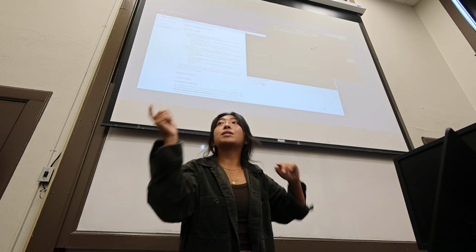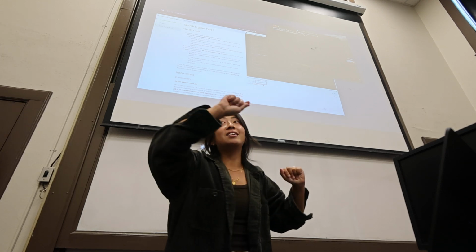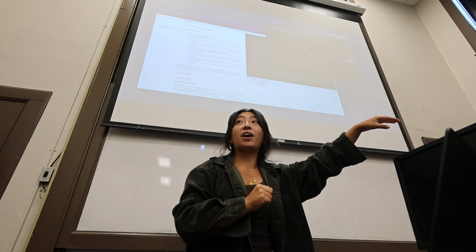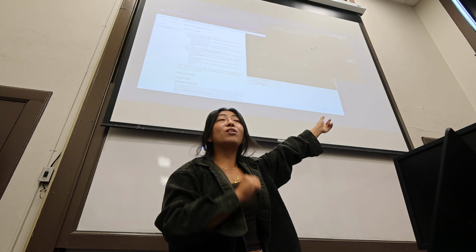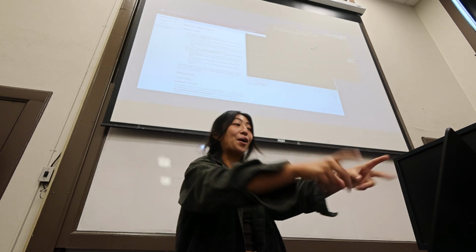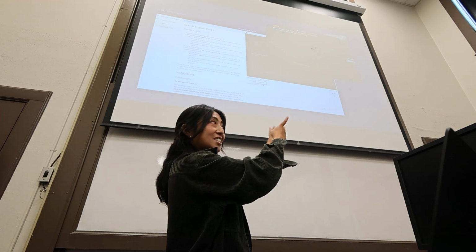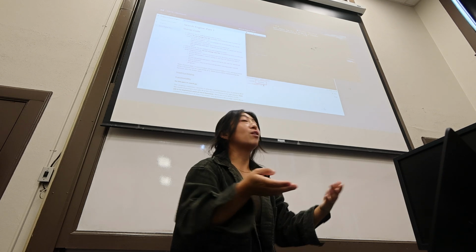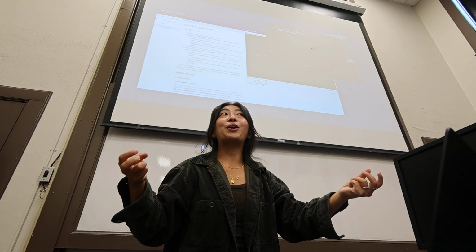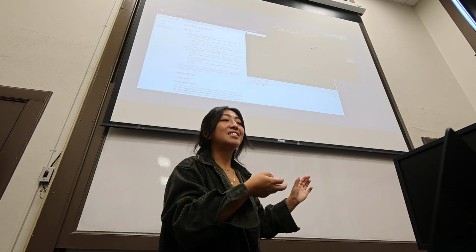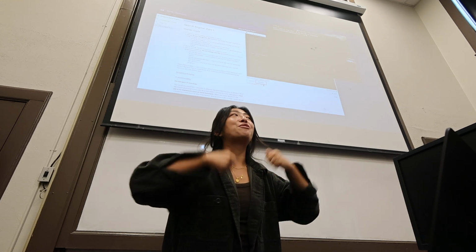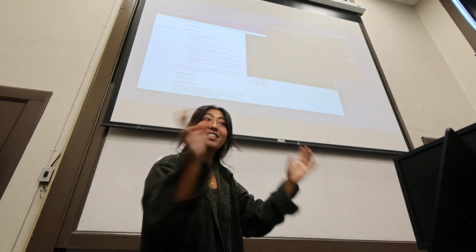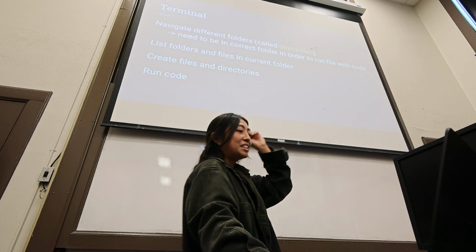But because sometimes in this project, you're going to want to run your search engine, but you're also going to want to test it and run that test file, you're going to have to go in the terminal and tell the computer, I guess, EdStem's computer servers that are hosted somewhere, that you want to run that specific file, right? So you're already going to have to learn how to use the terminal and practice. Let's try to get familiar with it today so that you're not overwhelmed with it later on. But you're going to use the terminal already in your project.